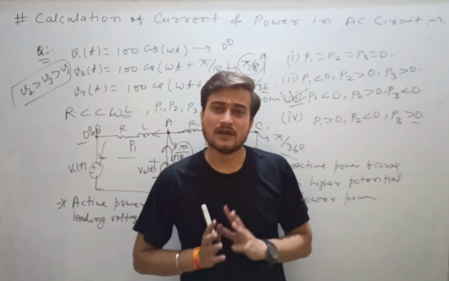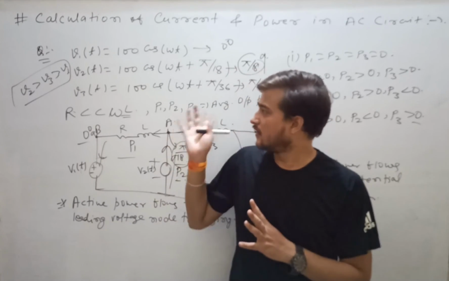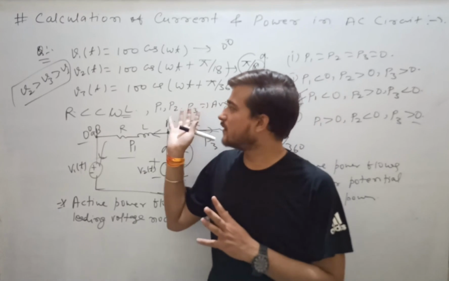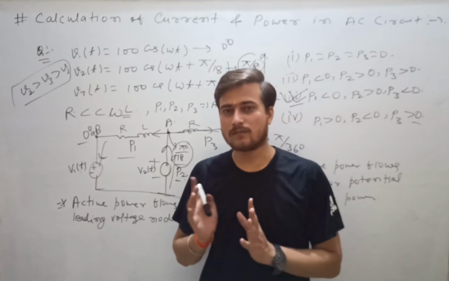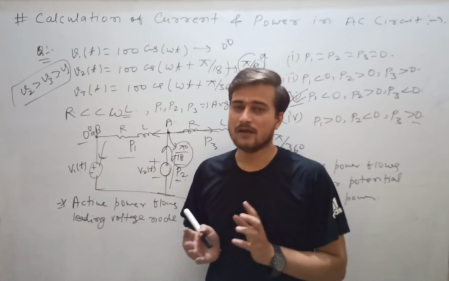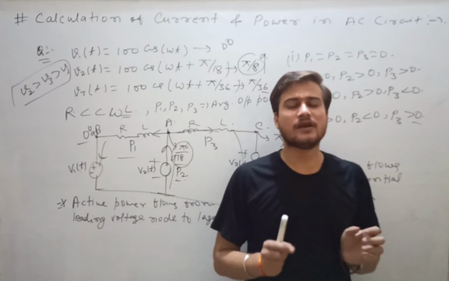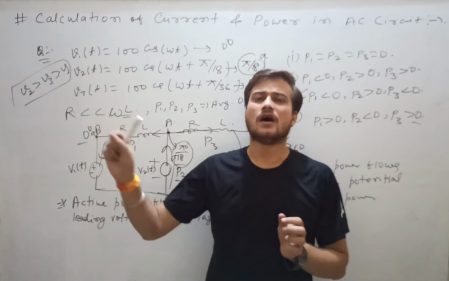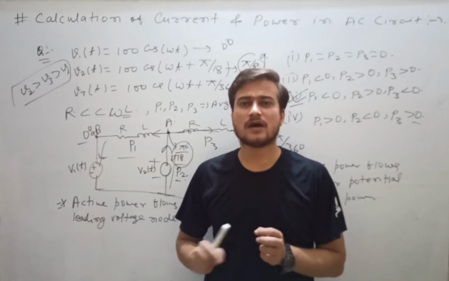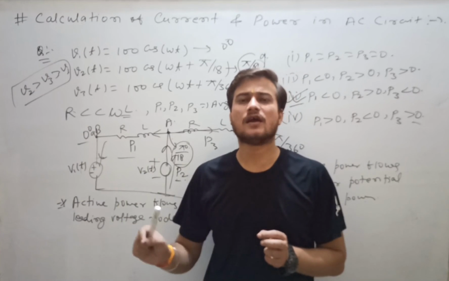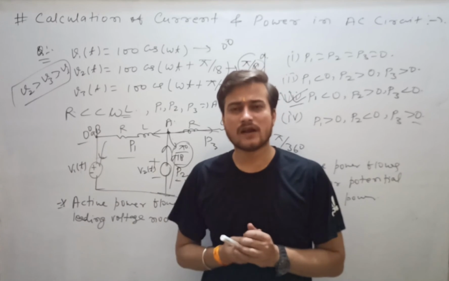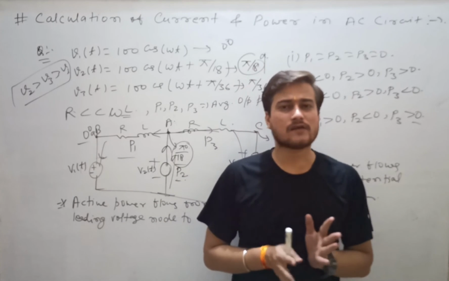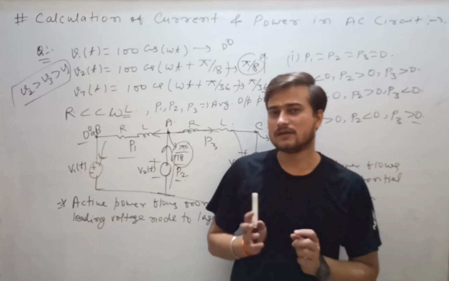So you should always draw the phasor diagram, and always take care of minus and plus signs, because in some currents it will be written −50 sin(100t + 30°), somewhere it will be written −10 cos(50t + 200°). So you have to take care of this sign, that negative sign. Clear?